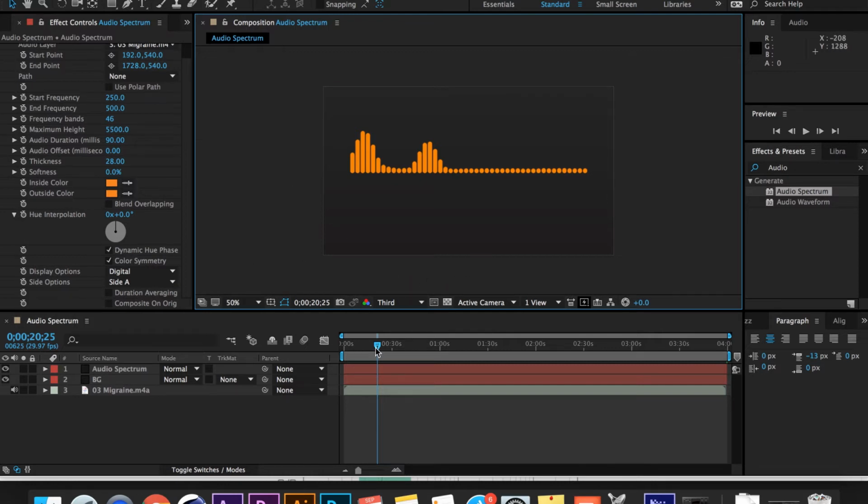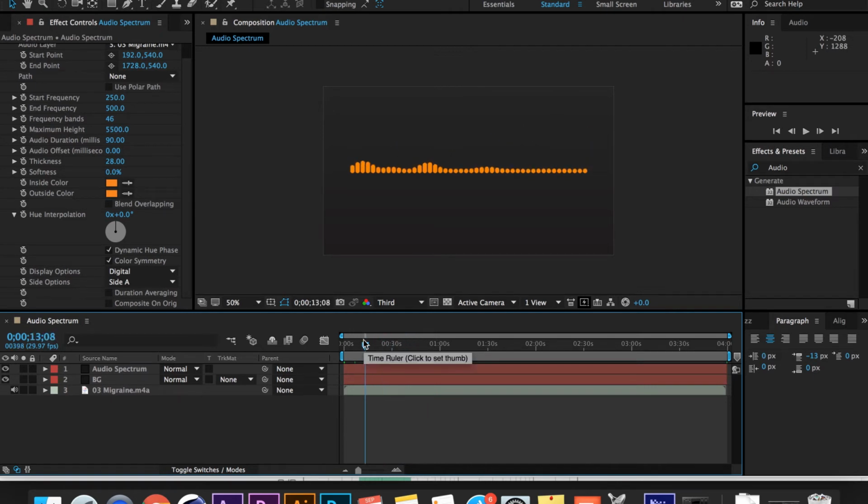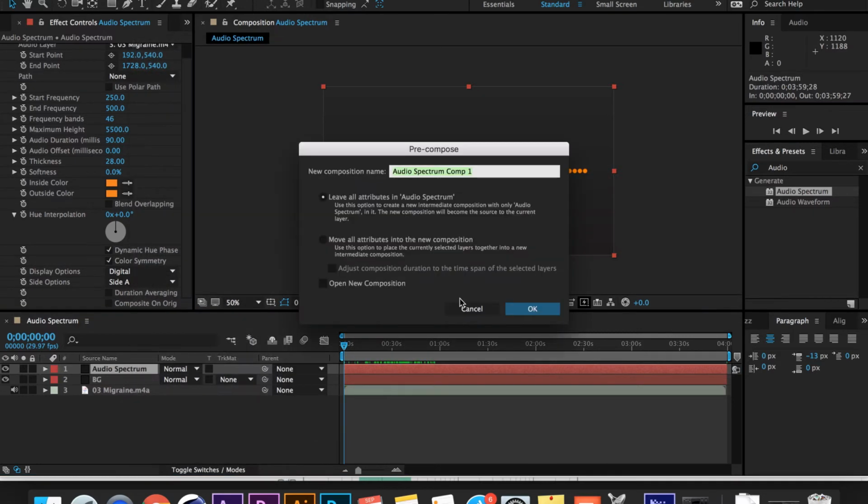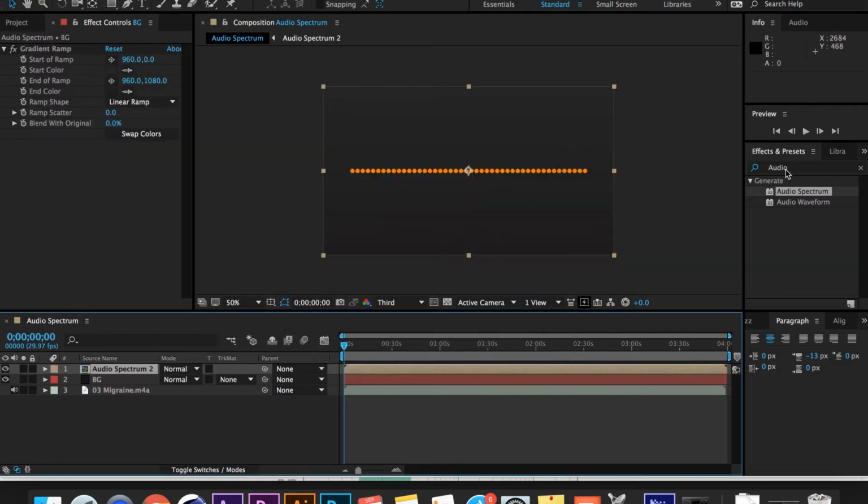So the next thing we're going to do, now that we have our audio spectrum, it is going to be reacting to the audio. So as you scrub through, you can press the space bar, and that will start playing and pause it with audio. So the next thing I'm going to do is I'm going to pre-compose this by right-clicking on Audio Spectrum, Pre-Compose, and then I'm just going to name this Audio Spectrum again. Actually, no, we have Audio Spectrum already. So Audio Spectrum 2. You can get a little creative with your names, do whatever. It's probably not the best to have Audio Spectrum and Audio Spectrum 2, but for the sake of this tutorial,